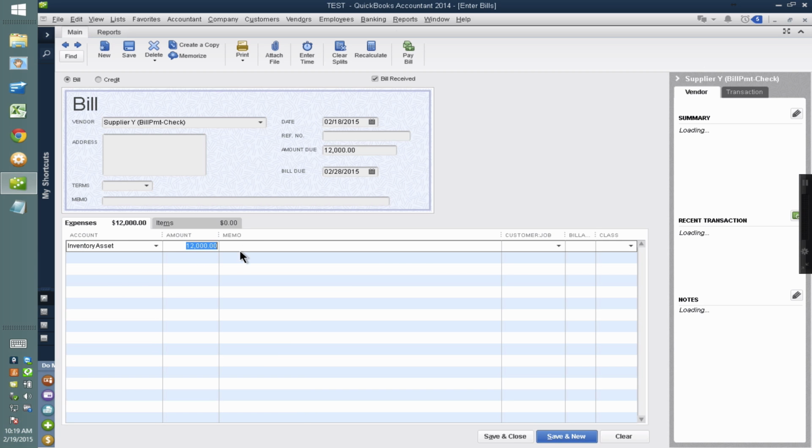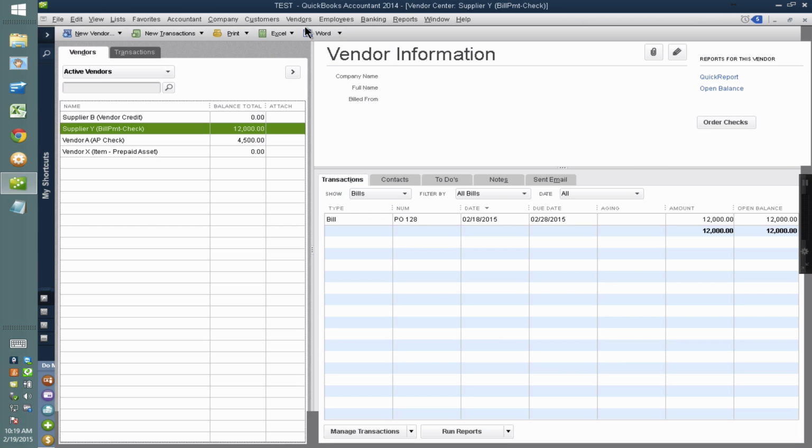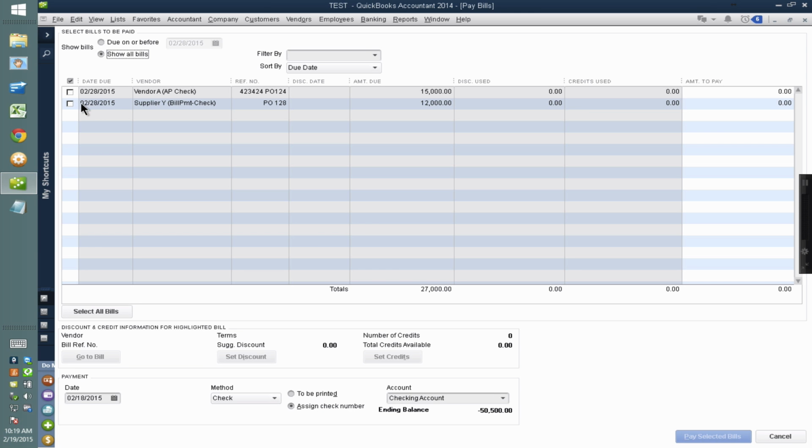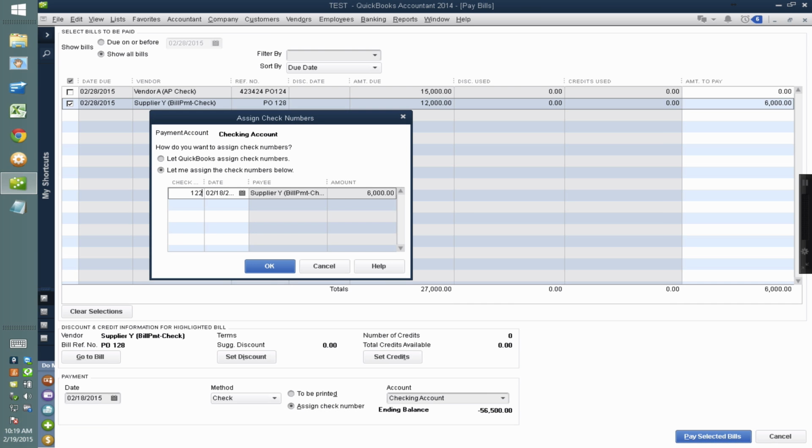So I'll create a tentative bill for whatever it is that I'm trying to prepay in the future. This is my tentative bill, $12,000. I don't know my bill number yet because I haven't received it from my vendor, so I'll put the original PO number. Then I'm going to go to vendors, pay bills, select that one bill, and make a partial payment to this bill. Let's say this is $6,000, and this will just be a regular check coming out of my bank account. I'm going to click assign check number, hit pay selected bills, enter my check number,